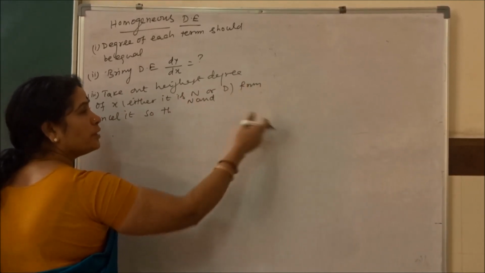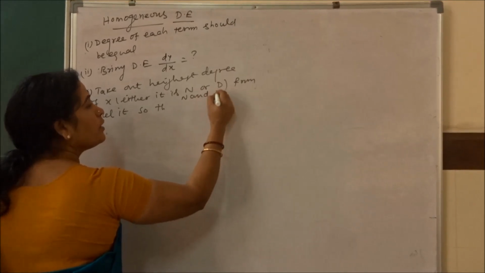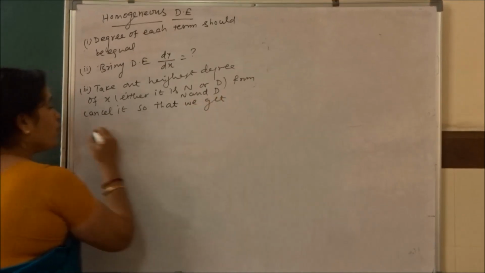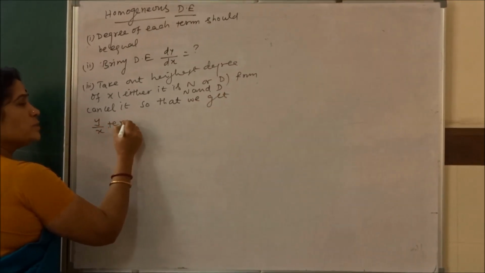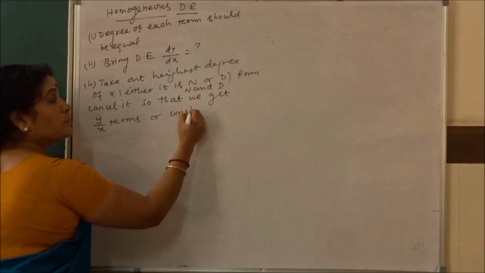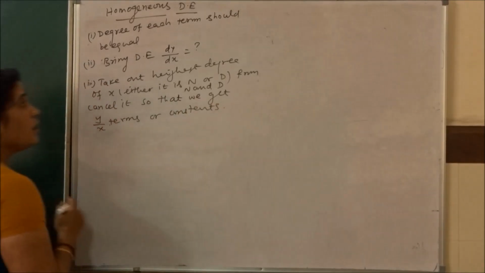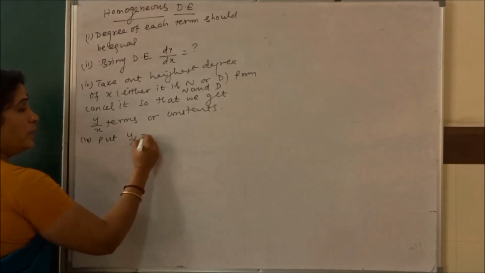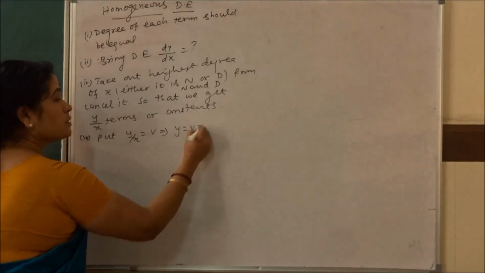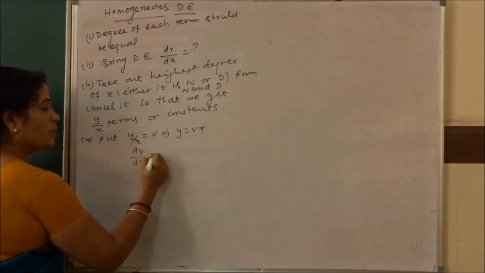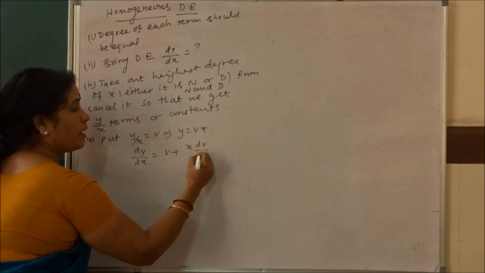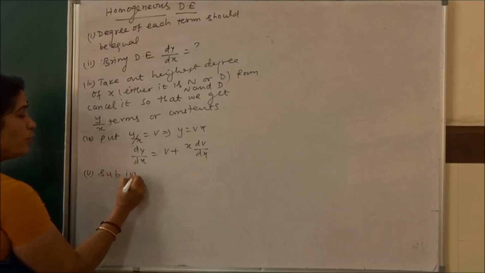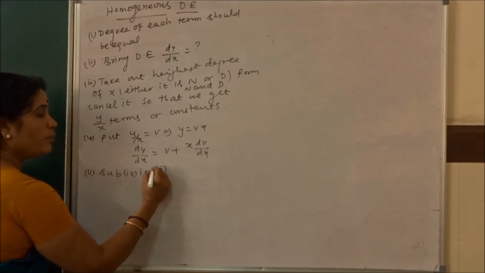I will explain that at the time of the example. From the numerator and denominator, cancel it, so that we get y by x terms or constants. Clear? Now step number 4: put y by x equal to v, which implies y equals vx, then dy by dx is equal to v plus x into dv by dx. Now step number 5: substitute 4 in 3,